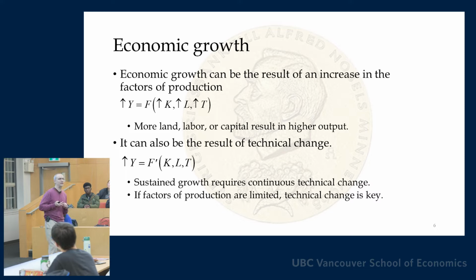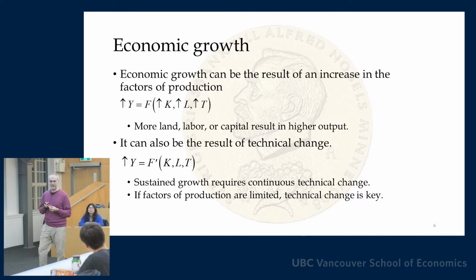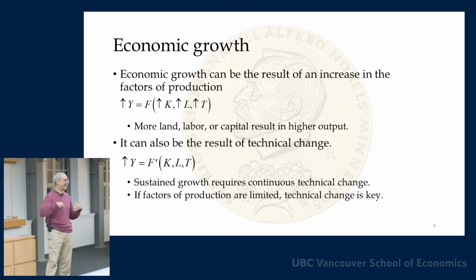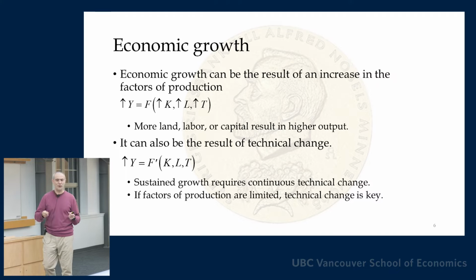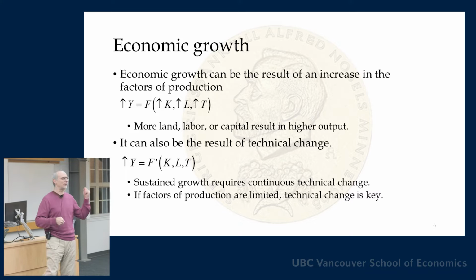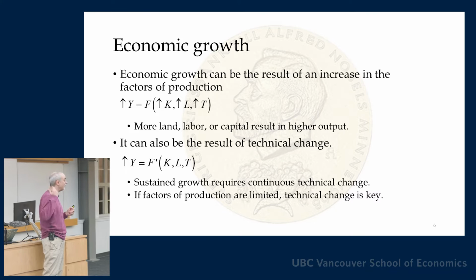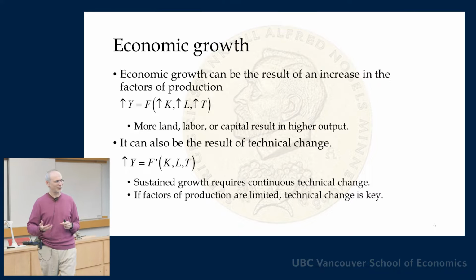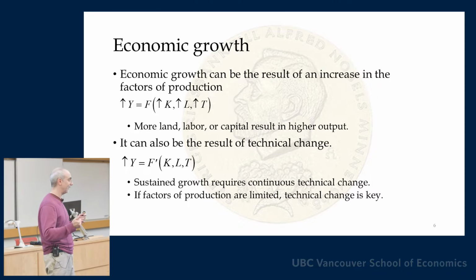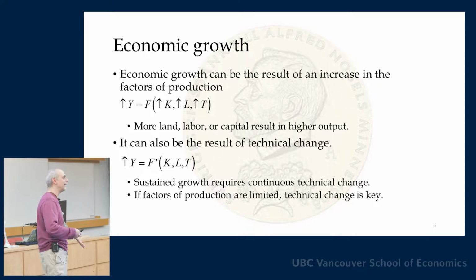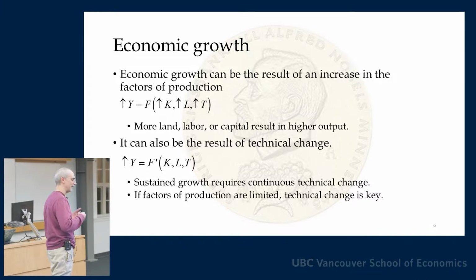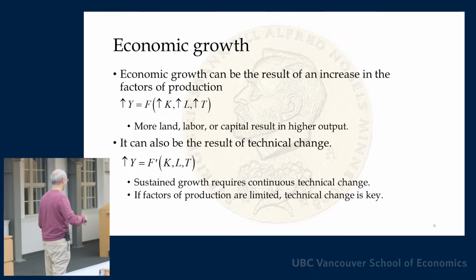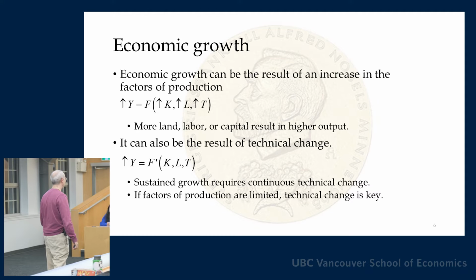Okay? And those factors are capital, labor, and if you are an economic historian like me, you like to throw in land as well. Okay? So if you increase the amount of capital, the amount of output will go up. If you increase the amount of labor, the amount of output will go up. If you happen to increase the amount of land, not relevant today anymore, but definitely relevant in frontier economies, for example, your output will go up. Right? So that's kind of mechanical. Right? I'm just saying I increase the arguments of the functions on the right-hand side, the left-hand side goes up,